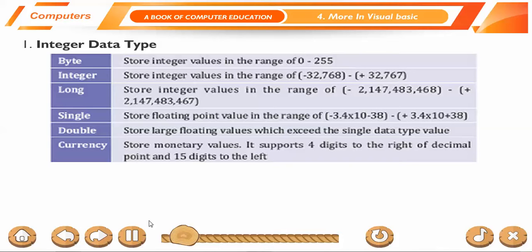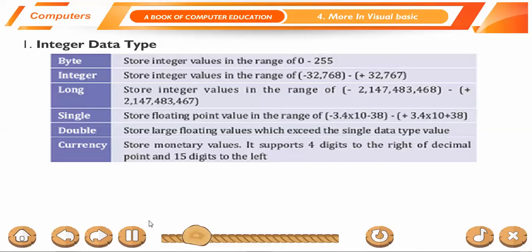32,768 to plus 32,767. Long. Stores integer values in the range of minus 2,147,483,648 to plus 2,147,483,647. Single. Stores floating point values in the range of minus 3.4 into 10 minus 38 to plus 3.4 into